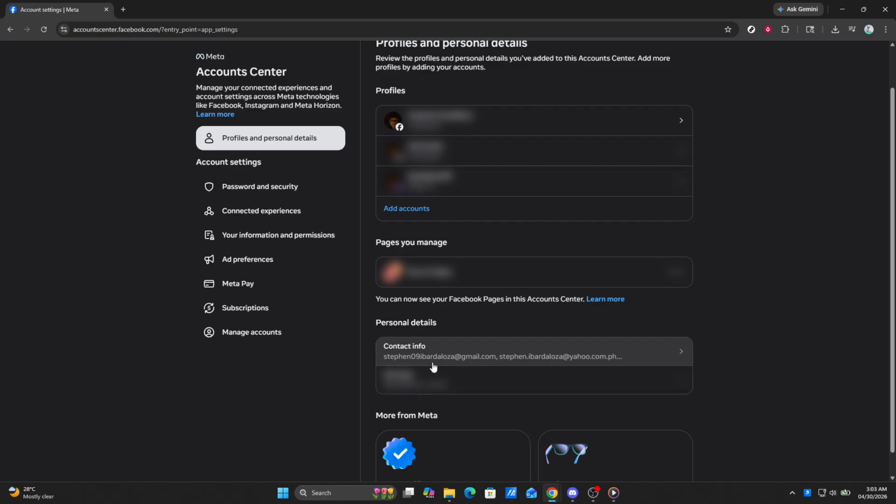And there you have it. You've successfully navigated through Facebook settings to find an email address linked to your account. Remember, this method will only show you the email addresses that you've personally added to your account. If you're looking for someone else's contact information, remember that privacy settings will typically restrict access, and it's essential to